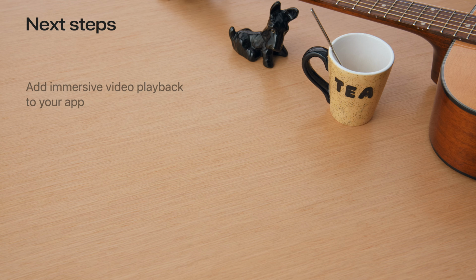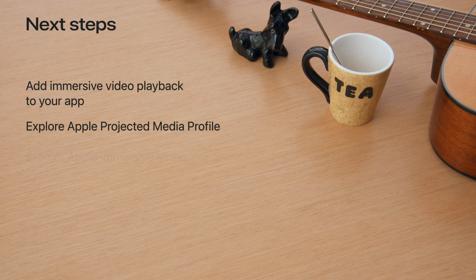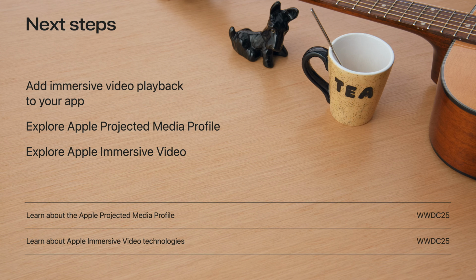Whether it's Quick Look, AVKit, or RealityKit, it's up to you to choose which framework to use for immersive video playback. And you have the tools to build these incredible experiences into your app. Create new immersive experiences in your app by adding 360 APMP video to an immersive game, or streaming Apple Immersive Video or Spatial Video